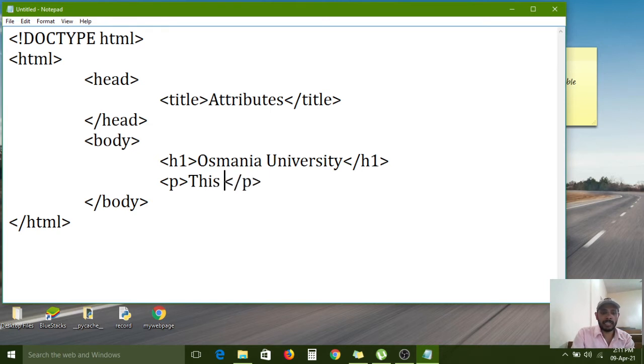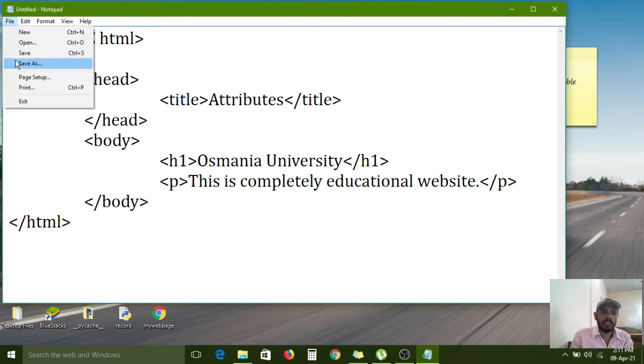And whatever text content I want to represent on the screen related to Osmania University, for that I am giving the paragraph also. This is a completely educational website.